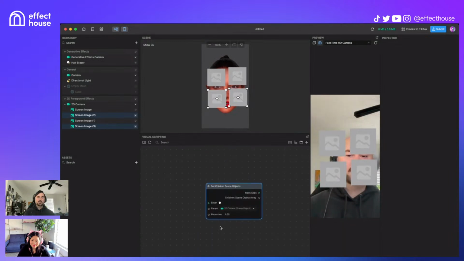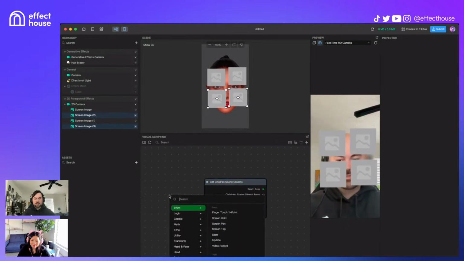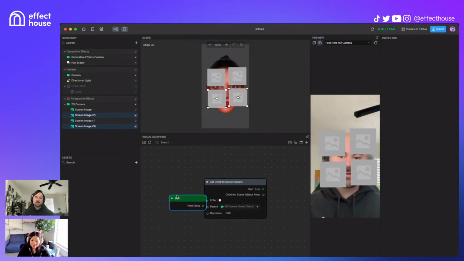So one really good piece of advice. This is what I always do with these get nodes, the get children, get component. They're very new, so you might not be super familiar with them, or familiar with them at all. But just connect